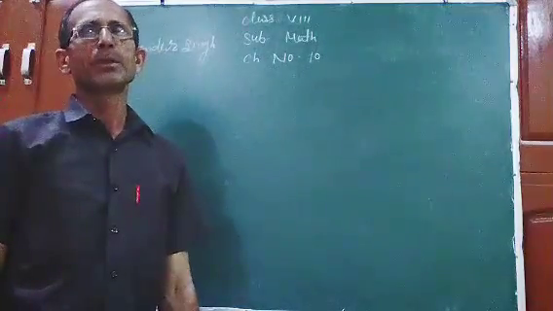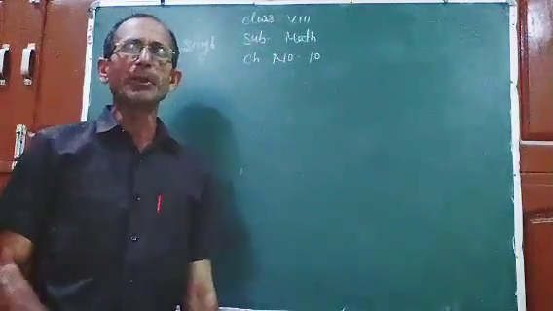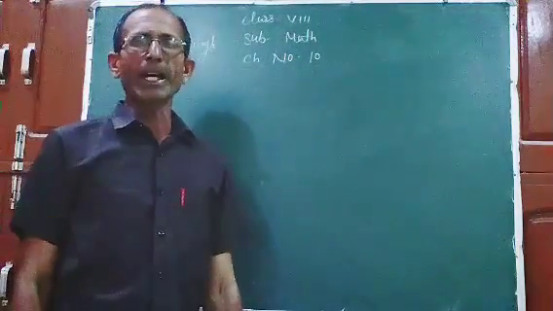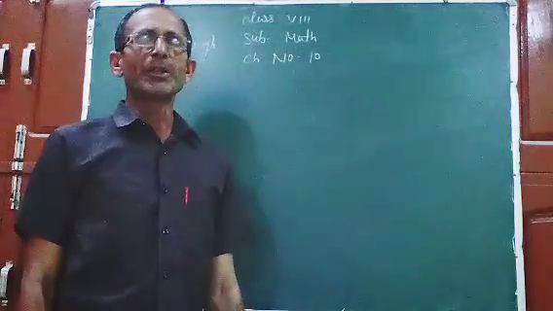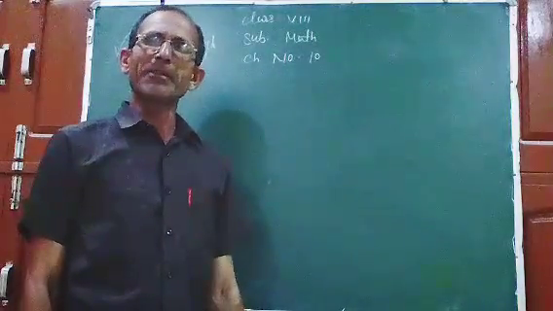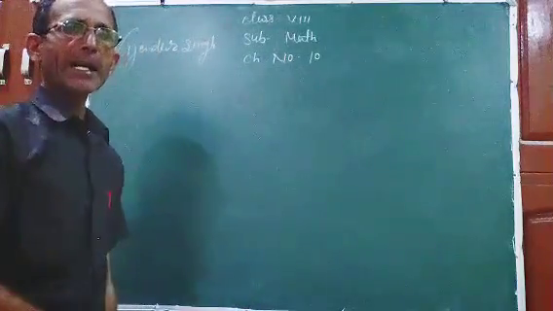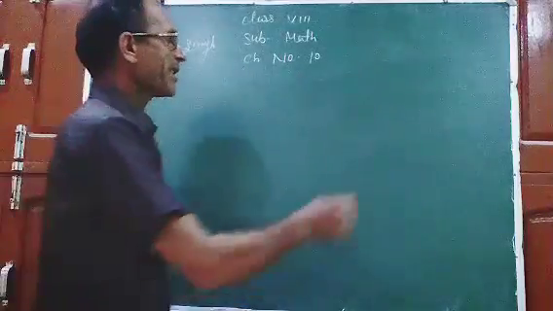3D shapes, cube and cuboid. So first of all, let us know what a cuboid is. A cuboid is a solid which has 6 faces, 12 edges and 8 vertices. A rectangular cuboid has rectangular faces.